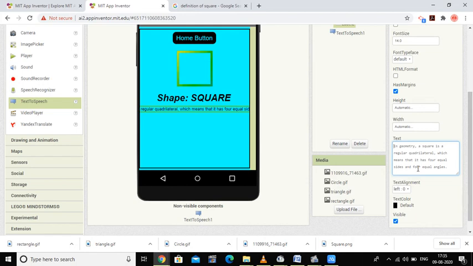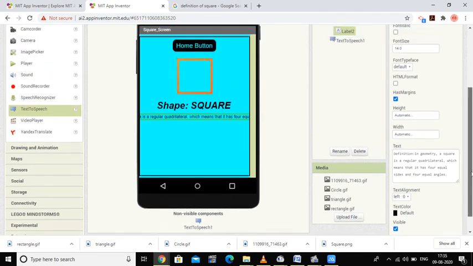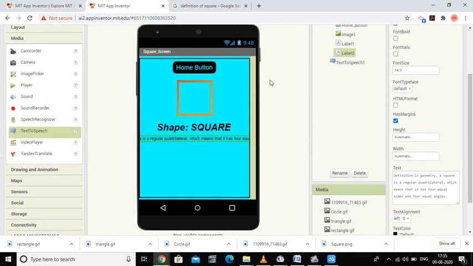In this way, my square shape screen has been designed.